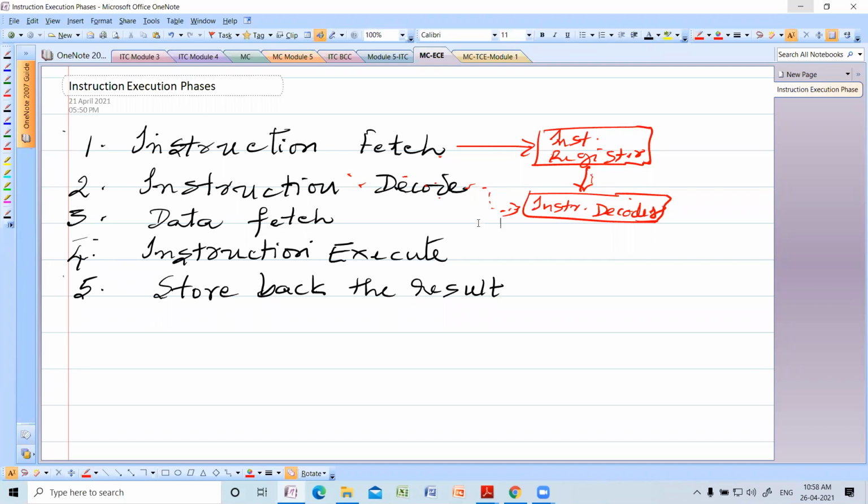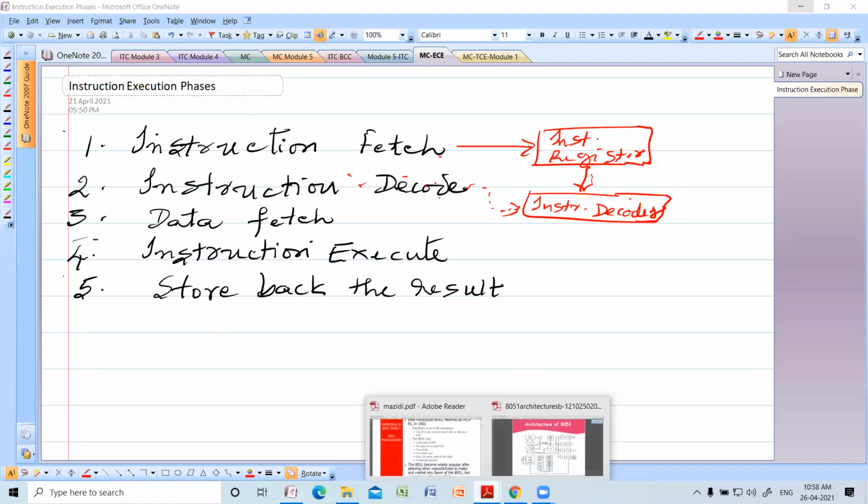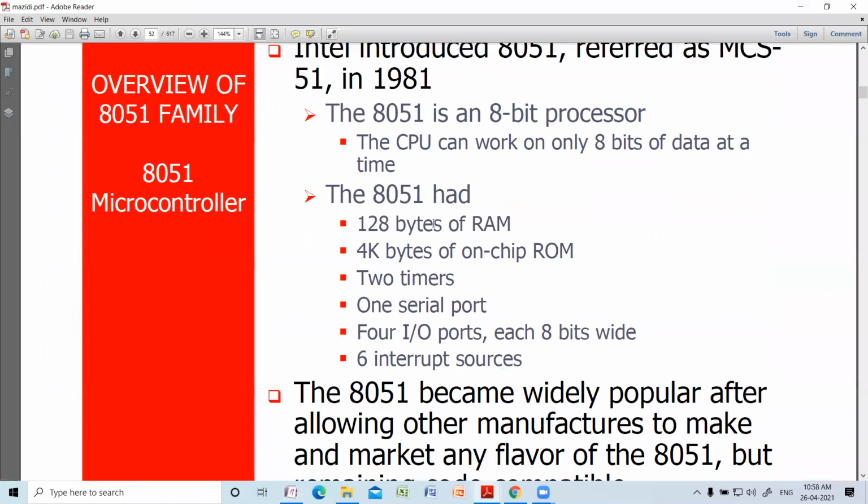So this is the instruction execution phases of a general processor. This is the summary of the things we discussed in the last class. So 8051 is an 8-bit processor. The CPU can work with only 8 bits of the data at a time.